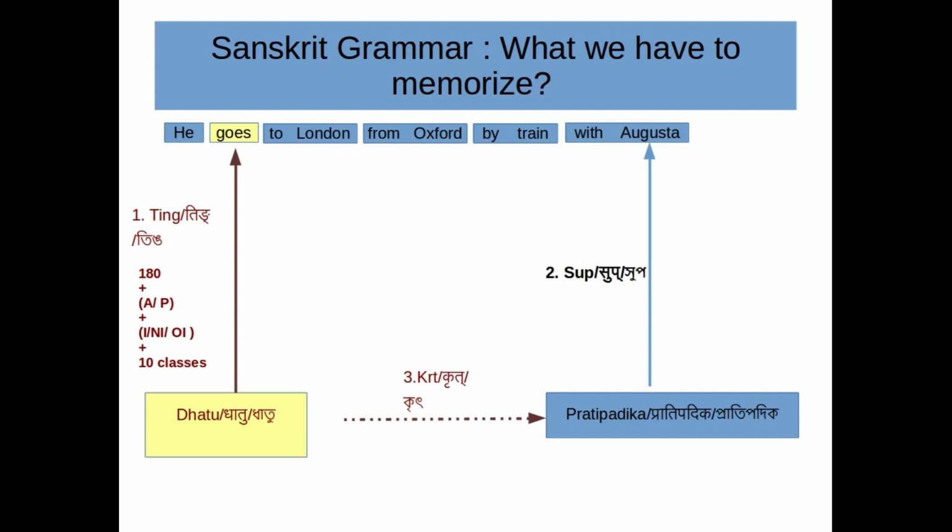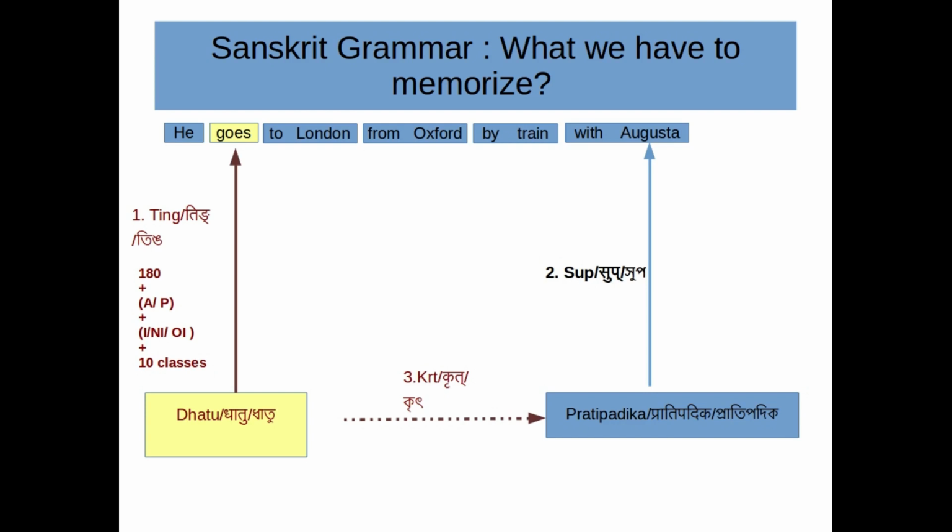And then as he is 3rd person singular number and it is present tense, we identify the lat lakar ting vibhakti of 3rd person singular number. Then we have to identify whether the verb gam is atmanepadi or parasmaipadi, and based on that we have to choose